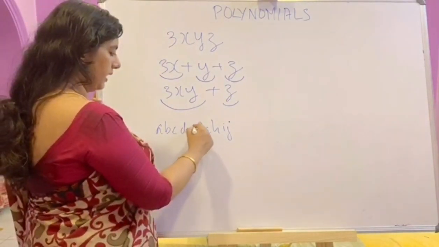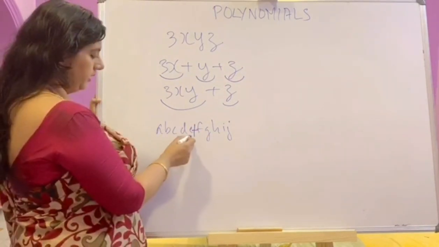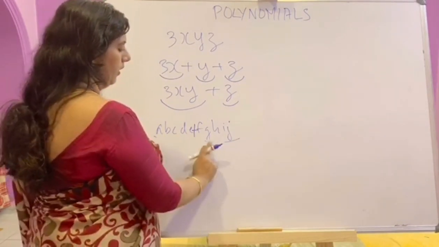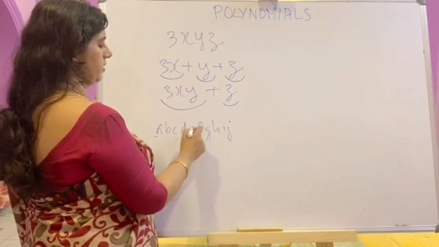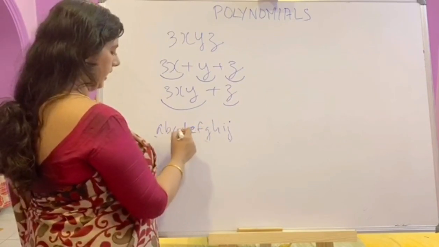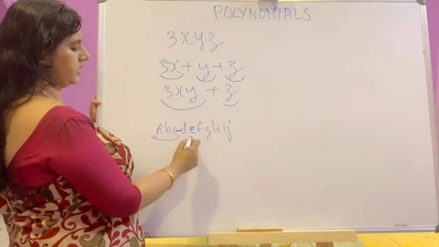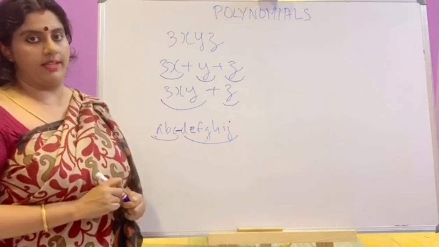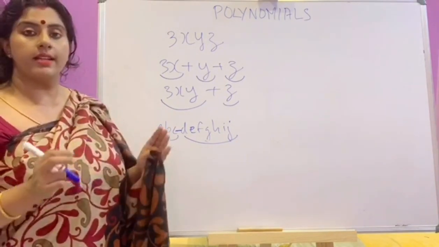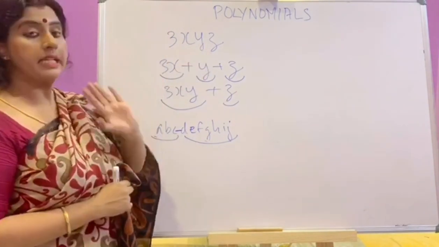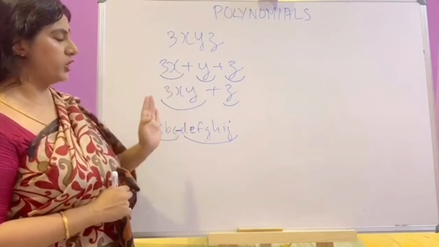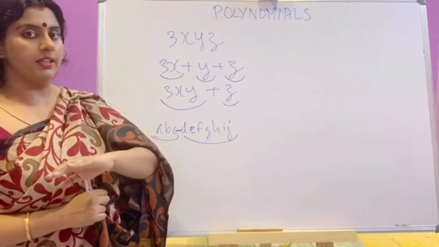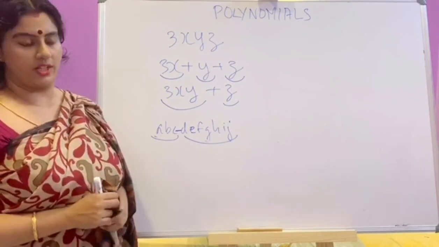Now if it was an addition here, now you can say this is the first term and this is the second term. Also, this is also possible in the case of subtraction. Here this is the first term and this is the second term, but not in the case of multiplication. In multiplication, you can't say there are so many terms, that is all a single term. Here in addition and subtraction, we can say there are terms before and after the sign of addition and subtraction.